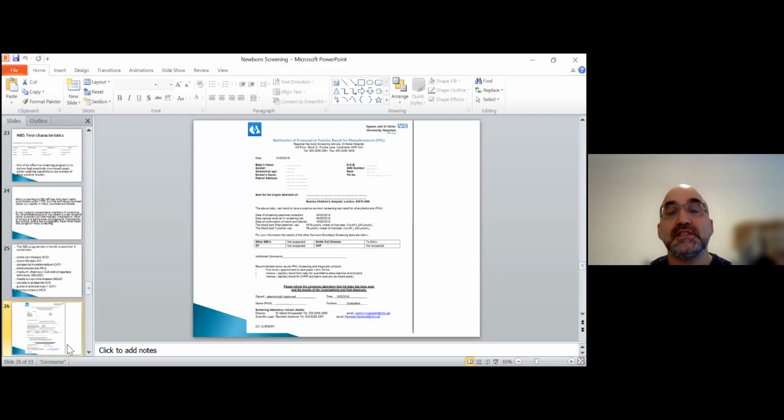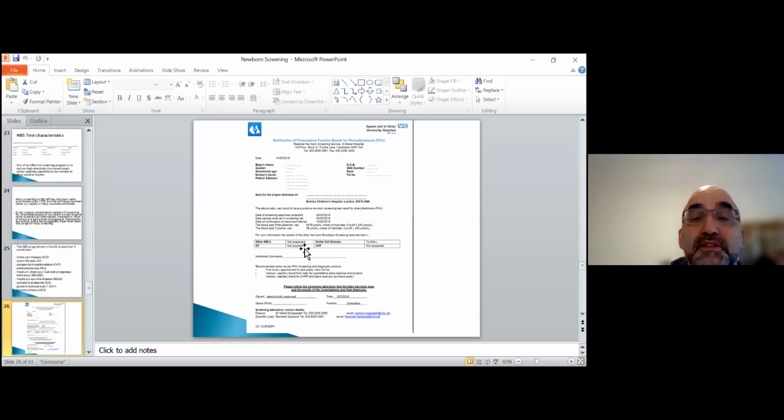In the mass spectrometry assays that we do, this is a sample of a patient that was detected, and a letter that goes from our lab to the clinicians. We tell them that this test was done on the baby. Obviously, I've covered the details of the baby and the NHS number, and the mother's number is especially important and is included. Otherwise, there is no way to contact them. Evelina is the Centre for Metabolic Disorders in London that we get the patients referred to.